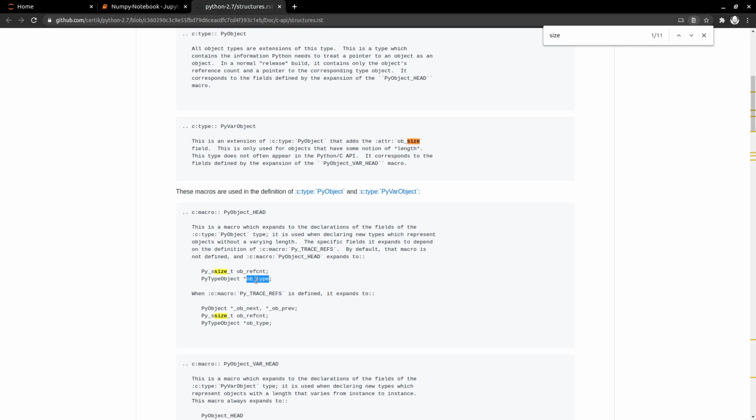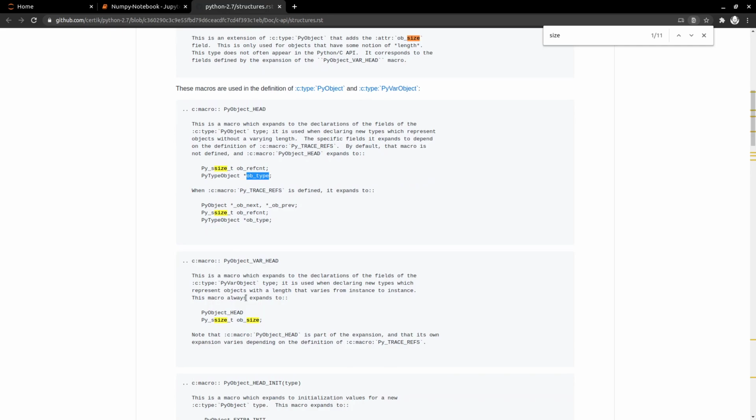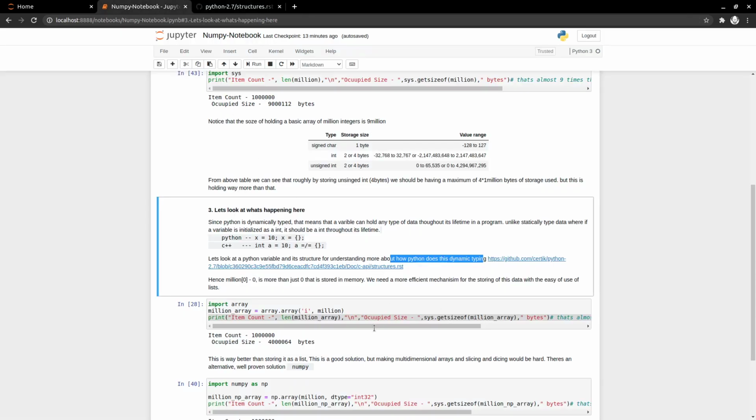Then it keeps track of, hey, what's my type, because it's dynamically changing over the flow of the program. It can be an integer in one place, and in another place it can be a dictionary, so it needs to keep track of that type also, right? So it keeps that type. Then if it was an array or something, it'll have previous, next, head, then what is its type, where is the current head of this Python object, and what is its size. So all of these details have to get stored somewhere, right? It can't be stored globally, it has to be stored with respect to the object that you are creating.